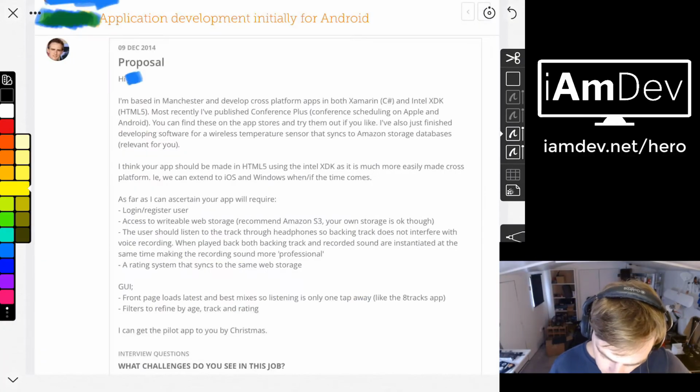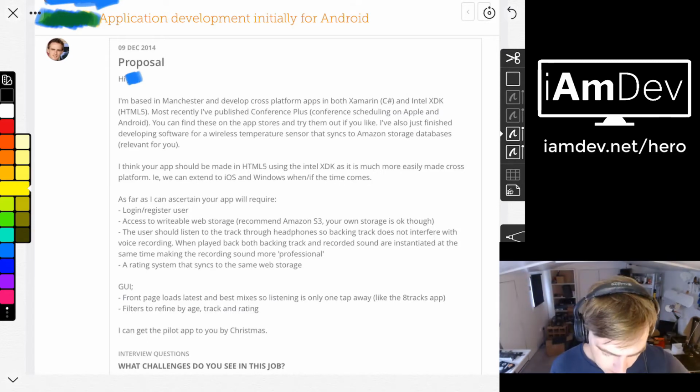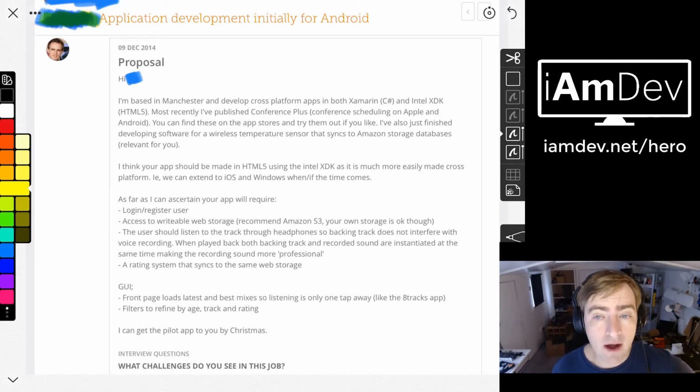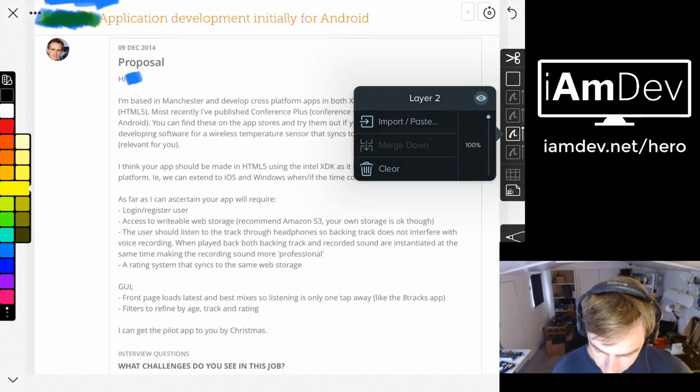So now let's look at the next layer in here. This is my reply to the guy's proposal, or it's my proposal to his description of the app. First of all, I tell him where I am because that's important to some people. You know, on websites like these, if we just go back to this other layer,